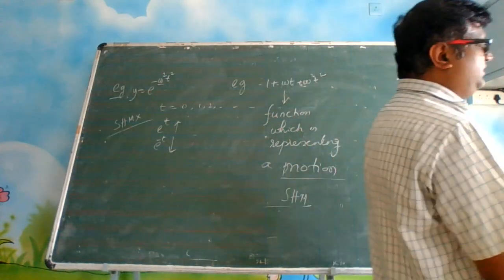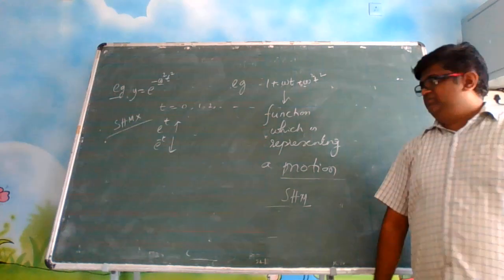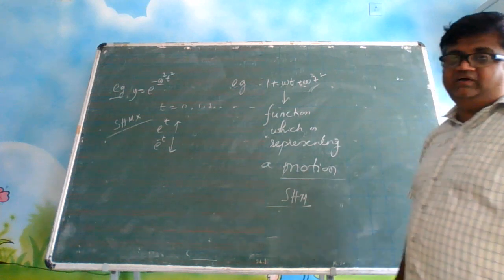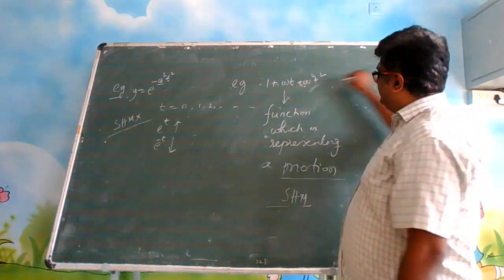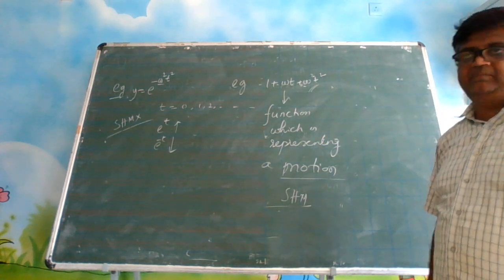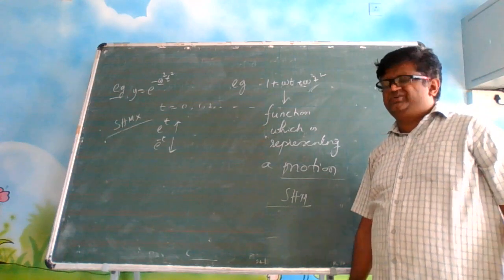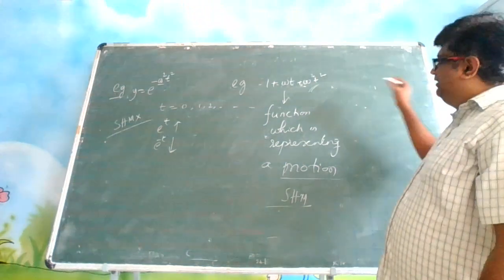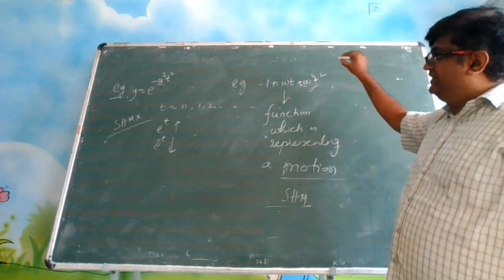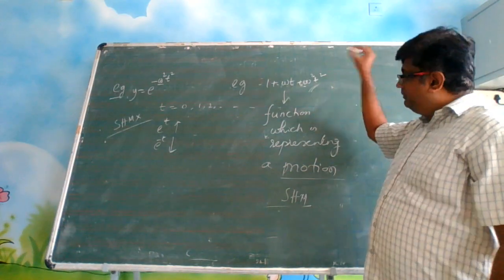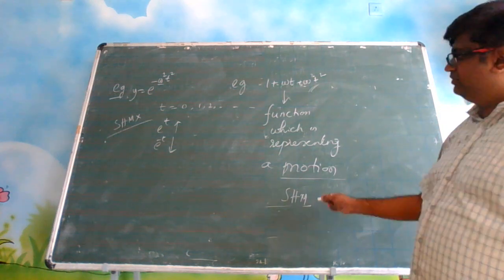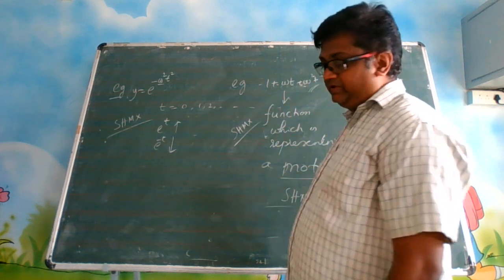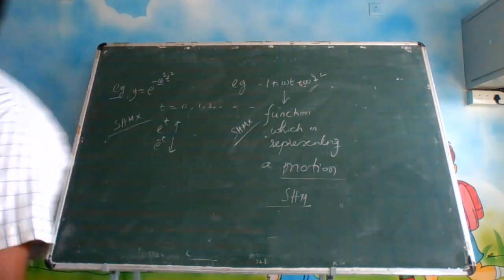See, every motion is not a simple harmonic motion. Now keep on putting the value of t, it will keep on increasing, you know. Time cannot be a complex number, time has to be a positive number. Let us say if I keep on putting t 1, 2, 3, 4 like that, it is increasing, but it is never repeating. So it is not periodic in the first place. So no question of simple harmonic motion. Okay? Just note it down.